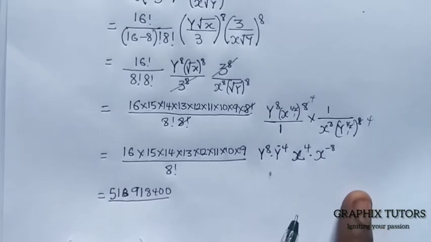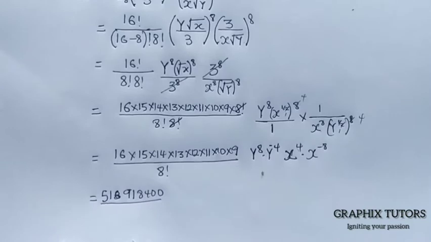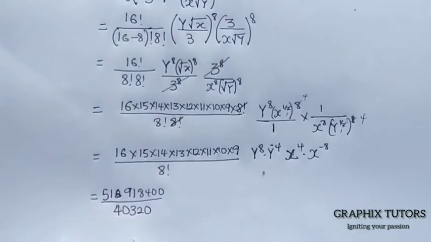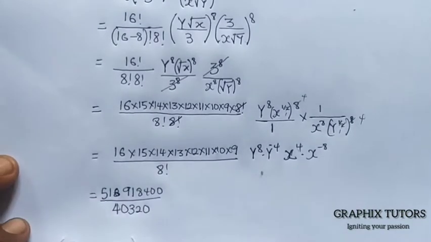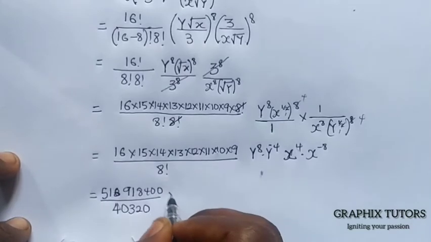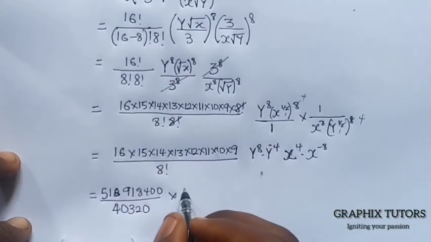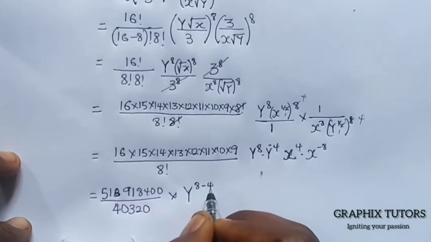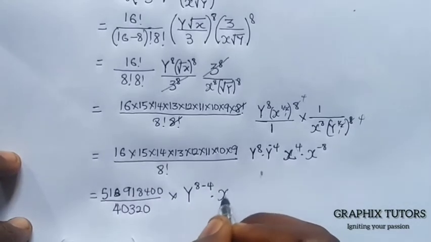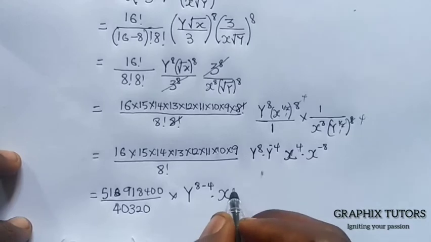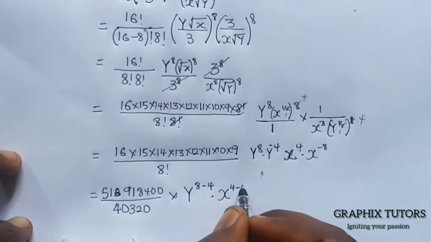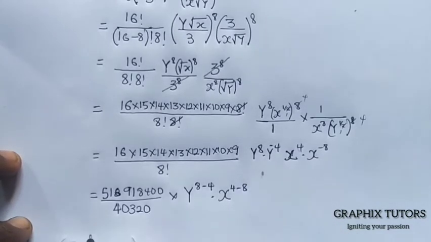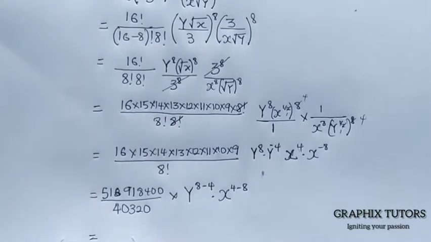The 8 factorial here will give me 40320, right? So this is multiplied by y to the power of 8 minus 4, multiplied by x to the power of what? 4 minus 8, and if you divide this, we are going to be having